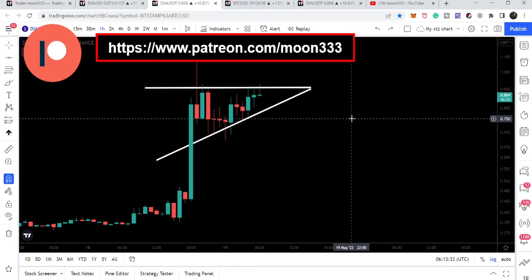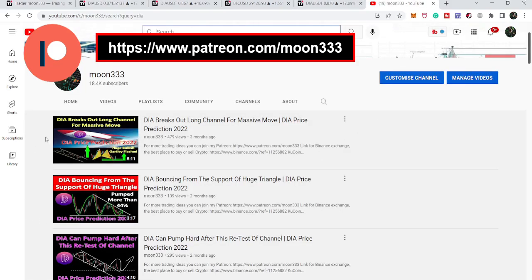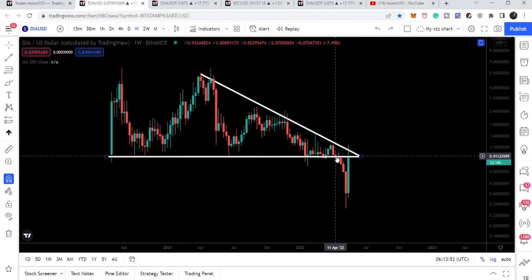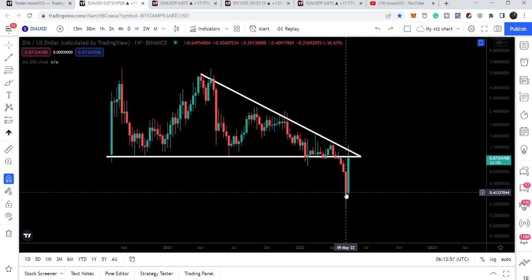So let's start the analysis. First of all, let me show you this very big triangle that I shared with you almost 2 months ago. This was my last video on DIA when it was moving at the support of that descending triangle, and we were expecting that it could bounce from that support. But right now we can see that it broke down the support, and we had a move up to 29.1